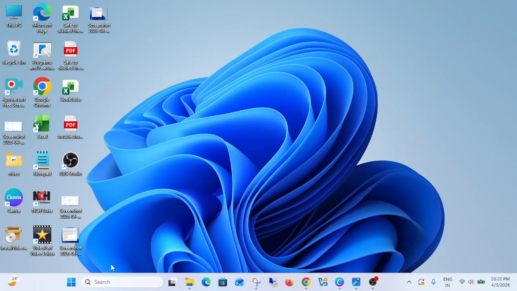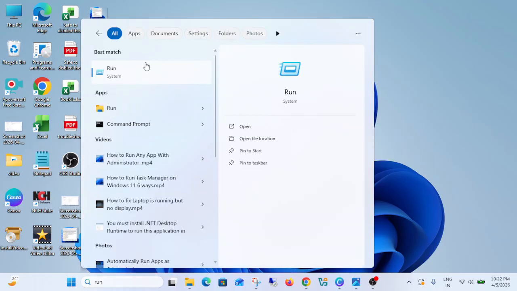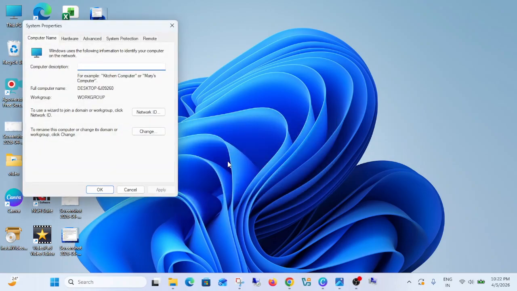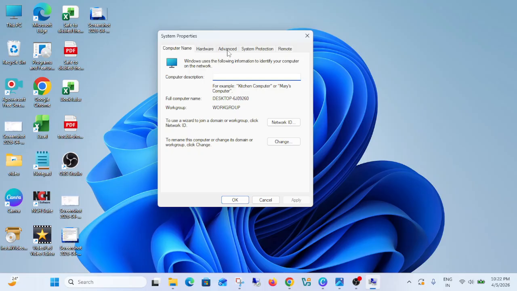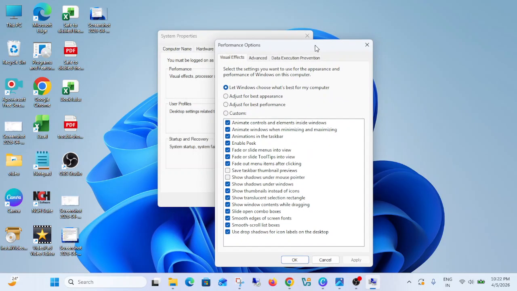The step number one is you need to open the run command here simply, and in the search you need to type sysdm.cpl, hit OK, and here go to the advanced options. Then click on this first option, visual effects, and from here look for this option, adjust for best performance, and